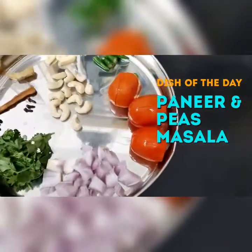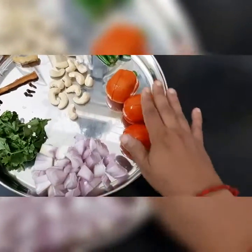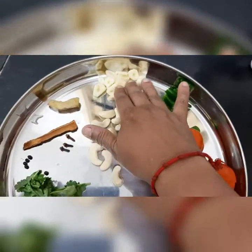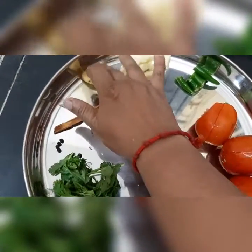But I'm going to go into the ingredients really quickly. Now we're going to make first a paste. This paste will have 3 medium tomatoes, 2 green chilies roughly chopped, 3 garlic cloves roughly chopped, half an inch of ginger,